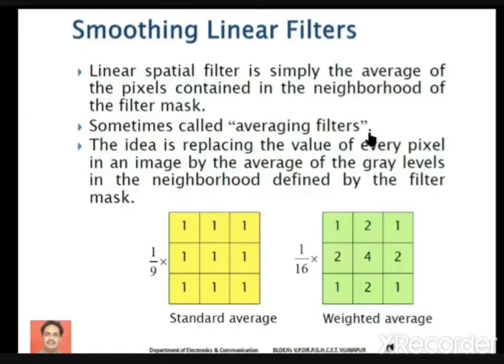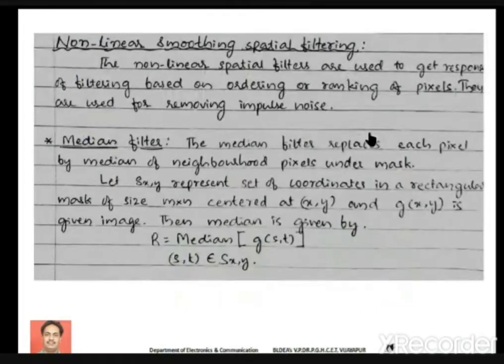Okay. Next, we have non-linear smoothing spatial filters. Non-linear spatial filters are mainly used to get a response based on ordering or ranking of the pixels. They are also referred to as order statistic filters.